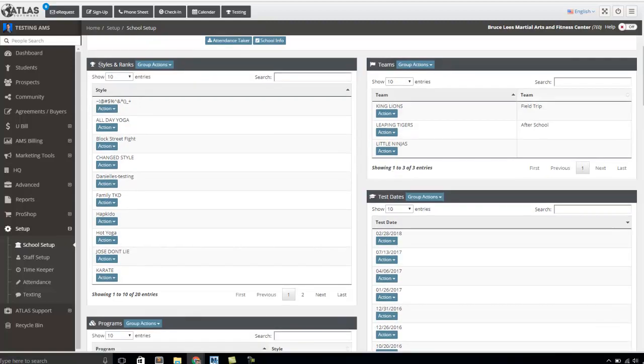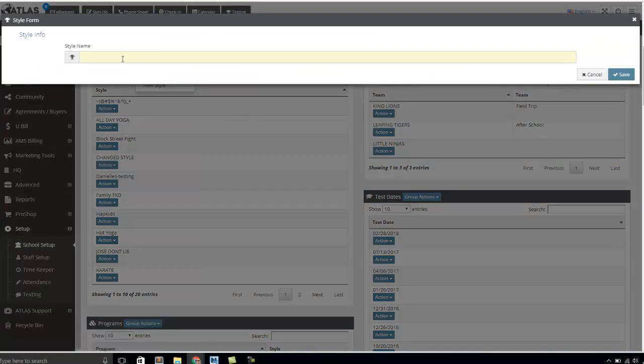So the first thing I'm going to do is set up a style and a rank. Let's set up a new style, and I'm going to call this style kickbox block Toby, just so I can see this apart. I'm working on test data right now, so I don't want to get confused.